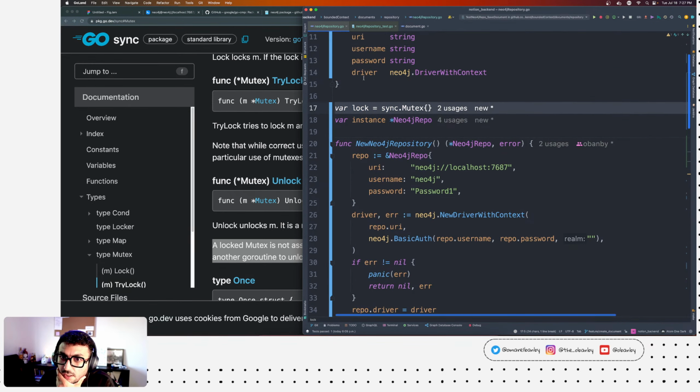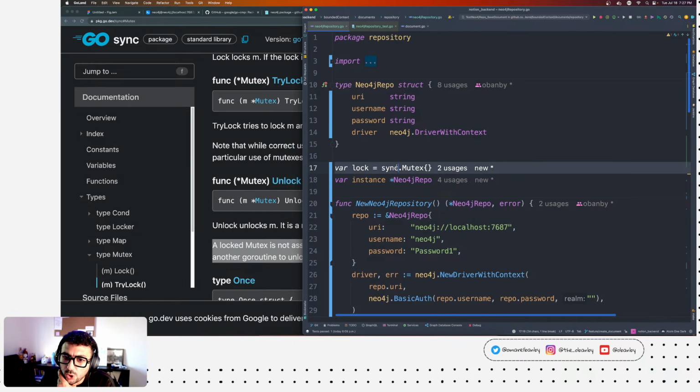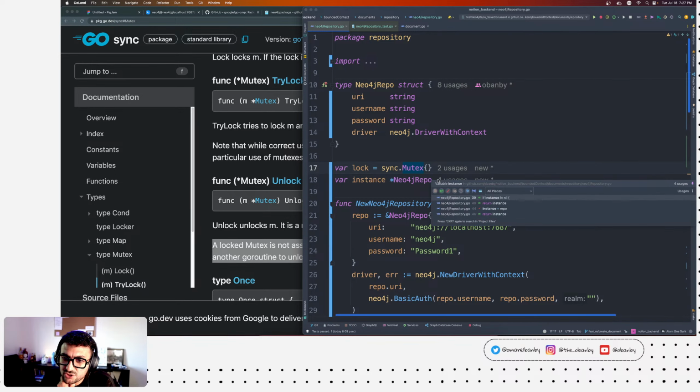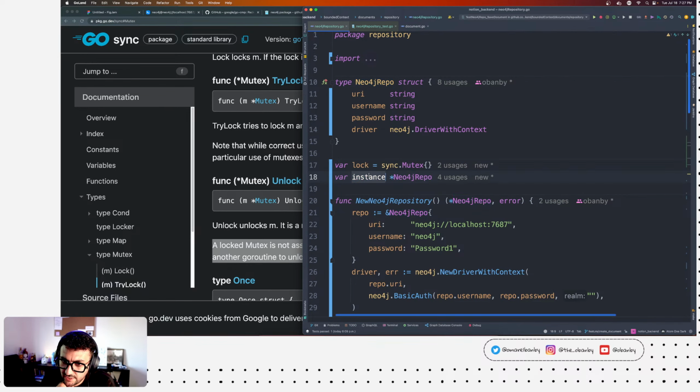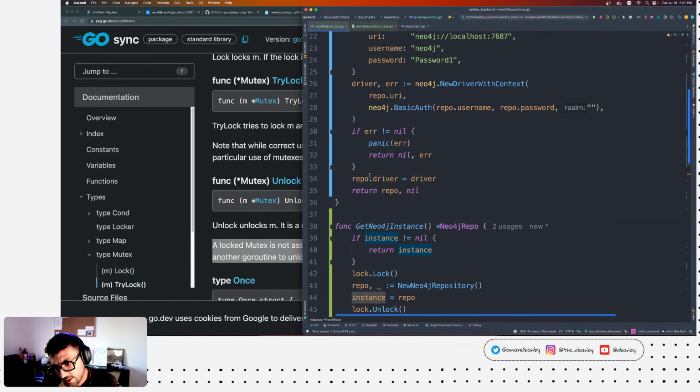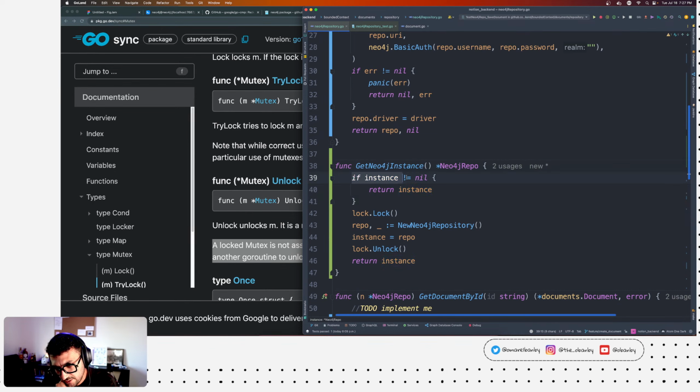So we're creating a lock. This package has a lock now and an instance. And we check if the instance is not empty, we return that instance. But what happens is it checks, hey, is this instance not empty? And it says, well, actually it is empty.